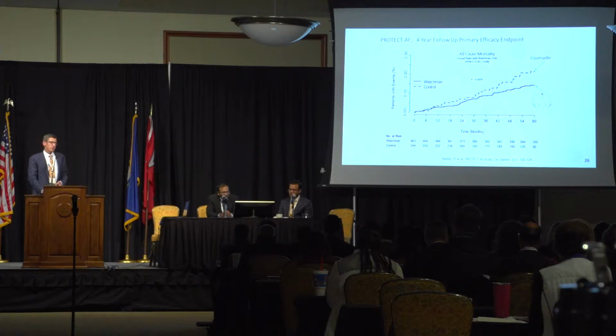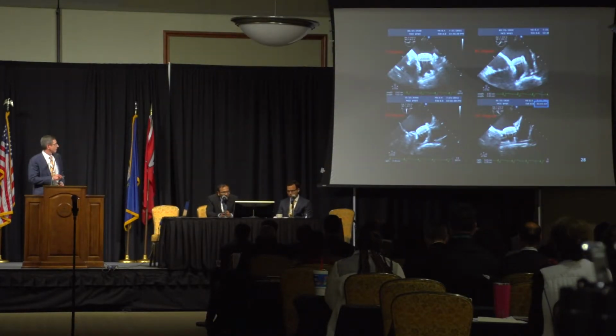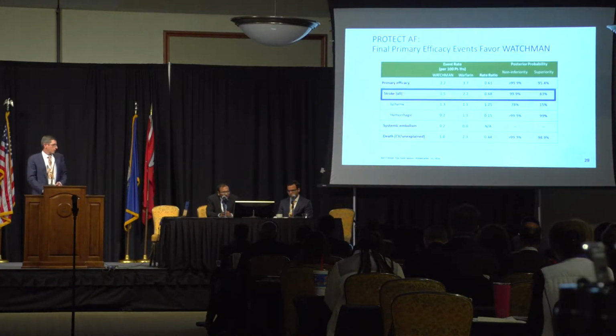And probably because of a reduction in hemorrhagic stroke, the efficacy for ischemic stroke protection was pretty similar. I'll go over that in a sec. This is basically the concept of where the device would go. It would plug the ostium of the left atrial appendage. These are multiple views of it on TEE. All-cause stroke was basically non-inferior between Coumadin and Watchman, but the major reduction in hemorrhagic stroke and unexplained death in the Watchman group